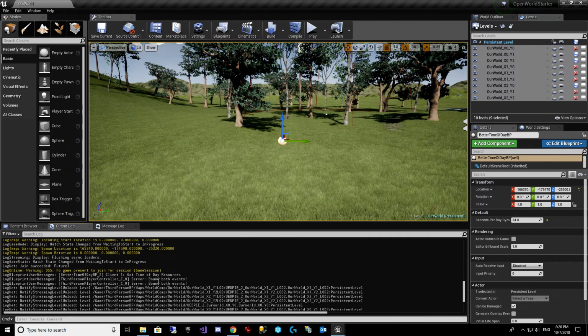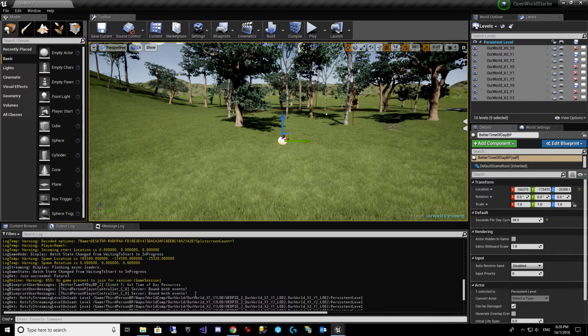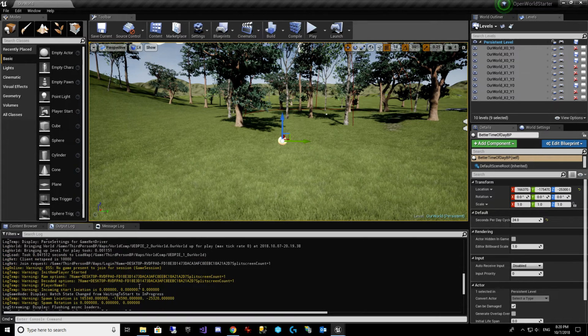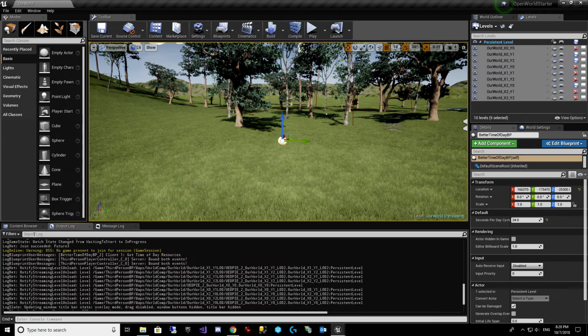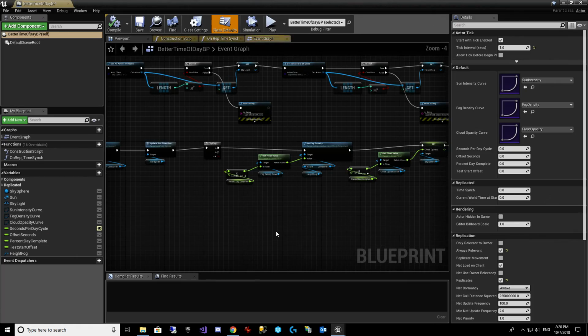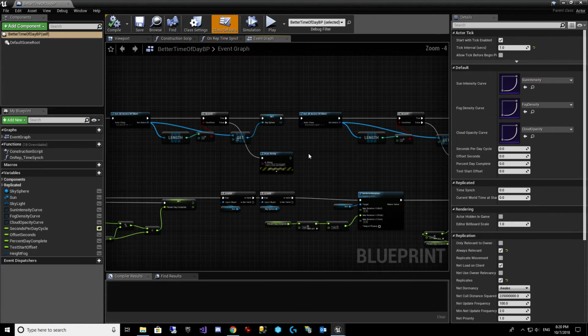Look at our output log. Got time of day resources. That's a good sign. Okay, so we were able to get there on the client, and the server's probably up higher. There it is, server. Get time of day resources. So that looks good. This looks good. So we're making it to here,